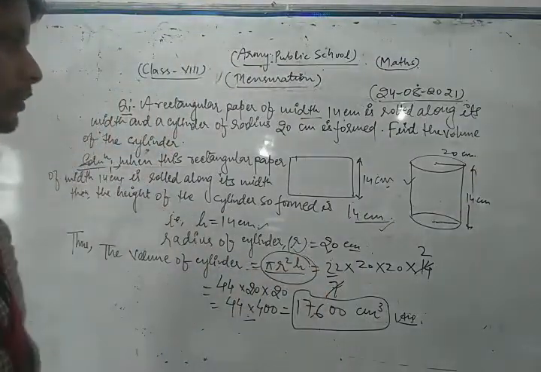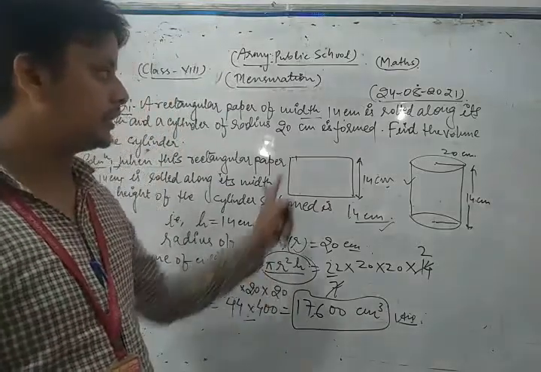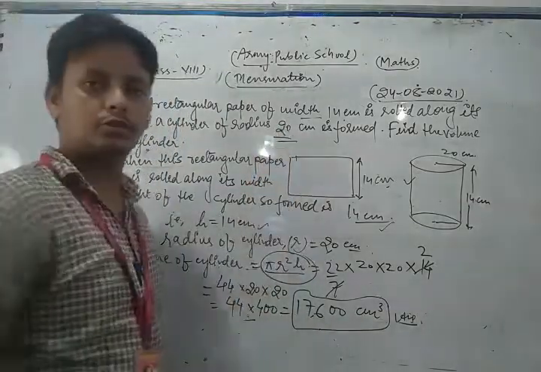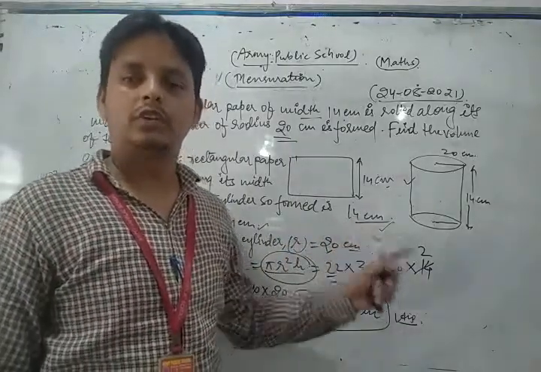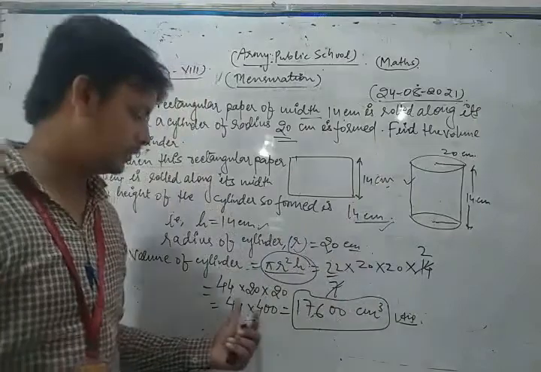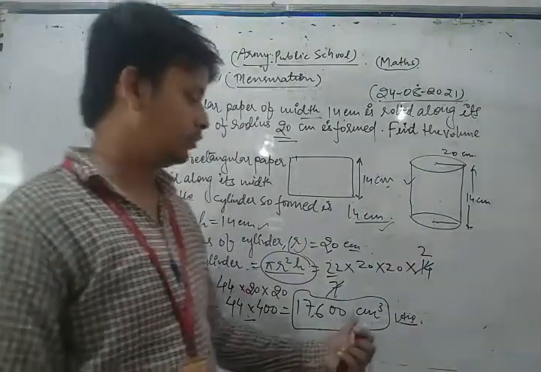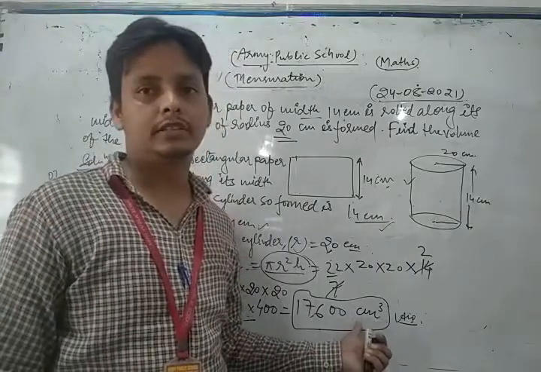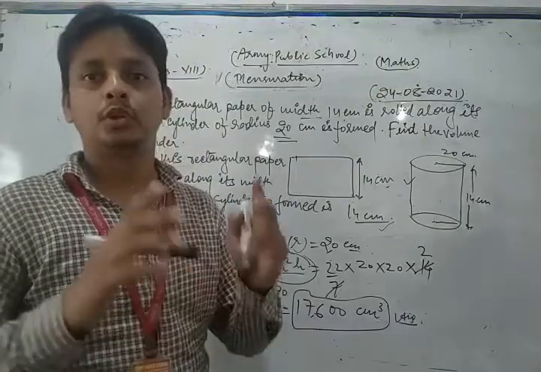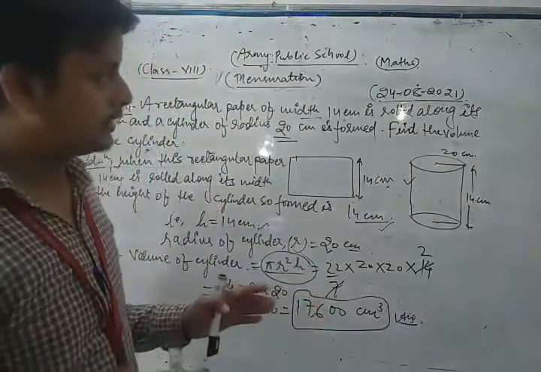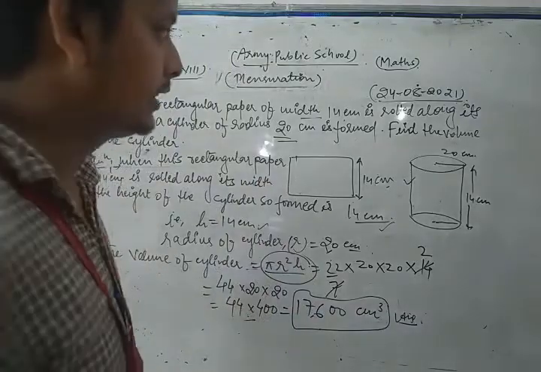Pi r square h. Now we put the value of pi as 22/7, value of r which is given in our question, this is 20 centimeter, so 20 into 20, and h this is 14. Now after simplify and multiply this one, we get 17,600 centimeter cube. You know that the volume of the solid is always in cube unit. So this is the method to solve that type of question. So please just do more and more practices of that type of questions. Okay, and complete your NCERT exercise.